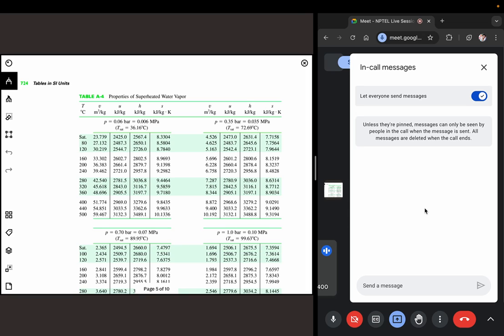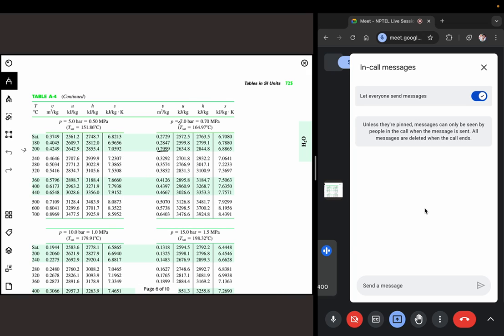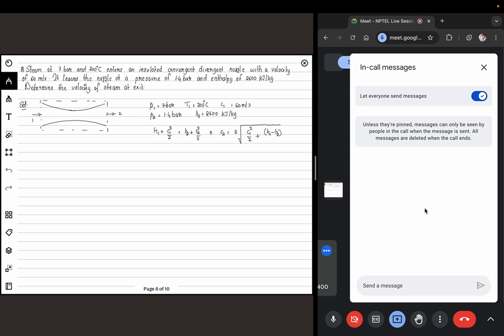For a pressure of 7 bar and a temperature of 200 Celsius, the value of H is 2844.8. So we'll directly use that value, in joules per kilogram. So from this, if you directly substitute,